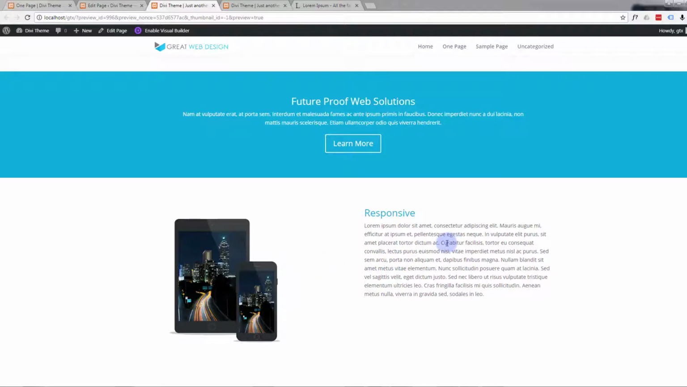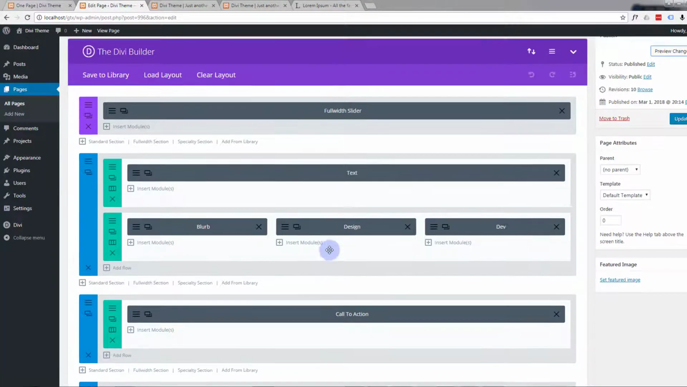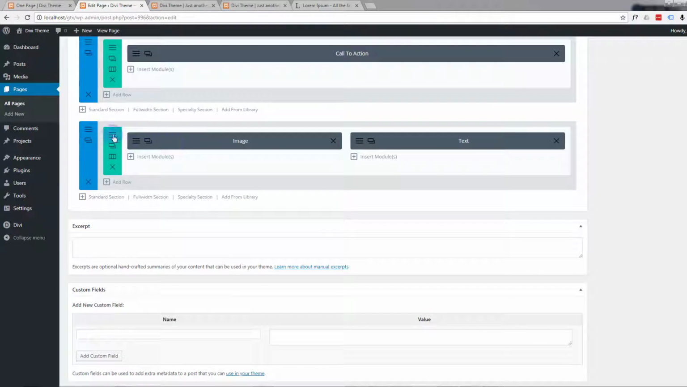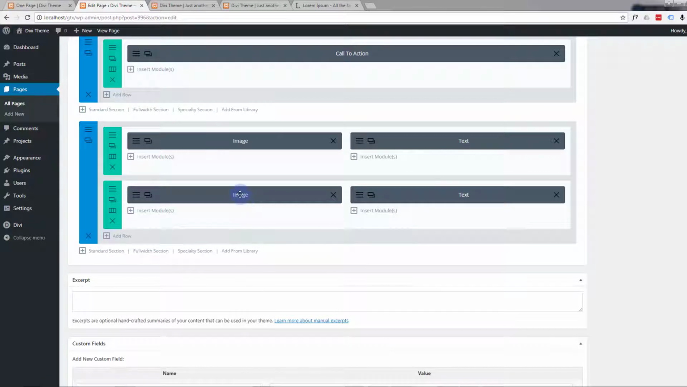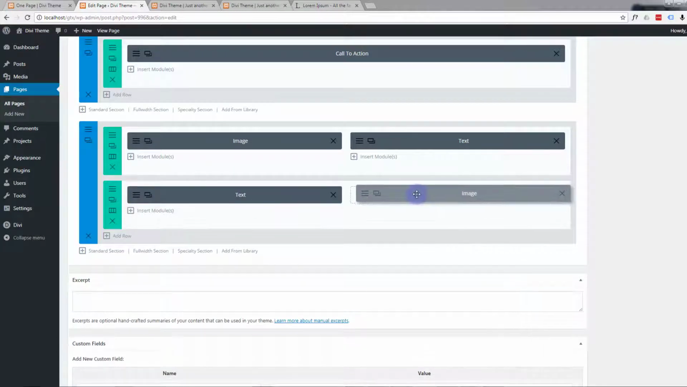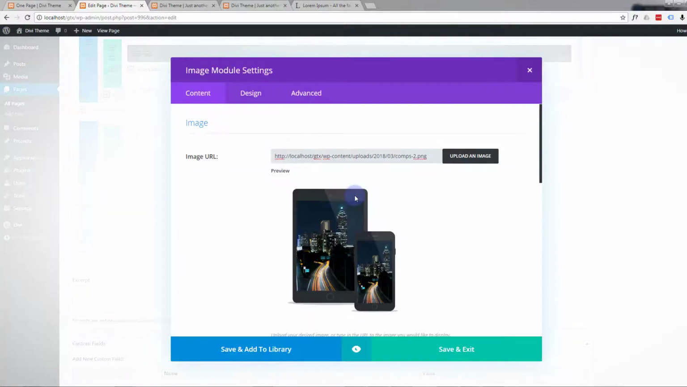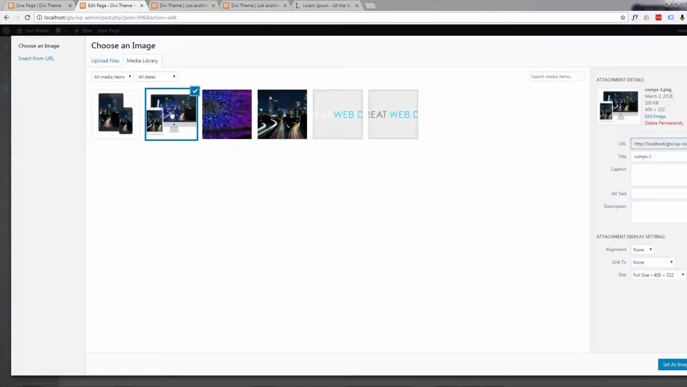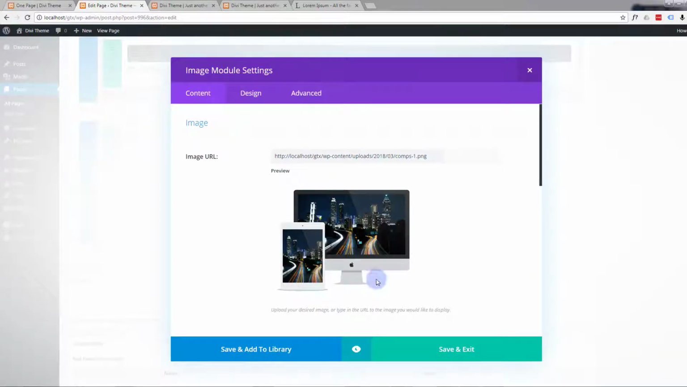So let's put another little section underneath it. And what I'm going to do, I'm going to clone this section here. So two little oblongs here, hit that. That's a good copy. And I'm going to swap these around. So I've got the text on the left and the image on the right there. Now I want to change out my image and use the second image that I had there. Save that,